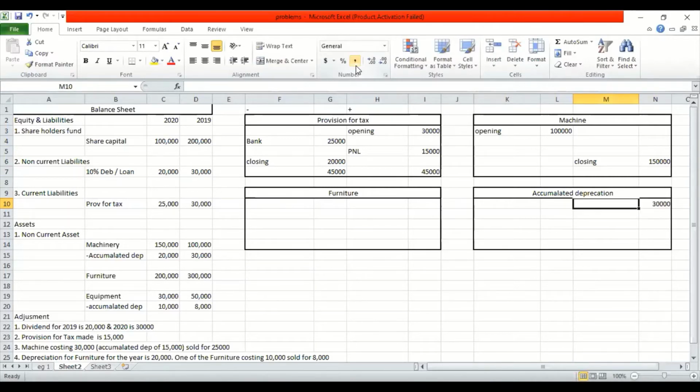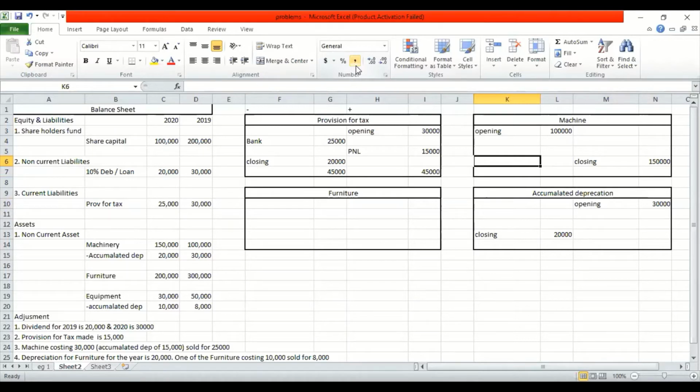This is a common mistake which students do. They write it as they write the machinery account, and the whole sum goes wrong. If the accumulated depreciation goes wrong, your investment activity will also go wrong, not only operating. All right, so be very careful when you're doing the posting. Don't be in a hurry. These sums can be done very quickly. So this is what the posting part is. After posting, let's read out the sum, the adjustment.